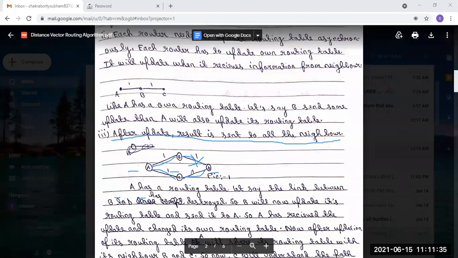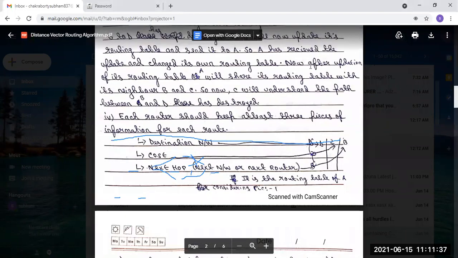Okay, this is the thing. Each router should keep at least 3 pieces of information: one is the destination address, one is the cost, and another is the next hop.